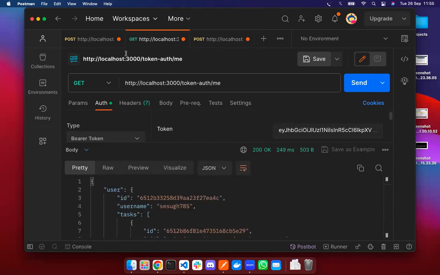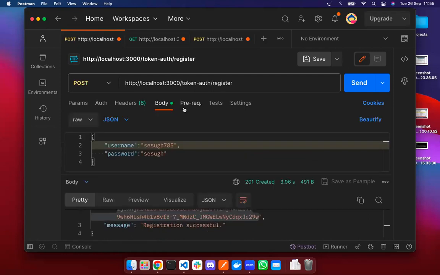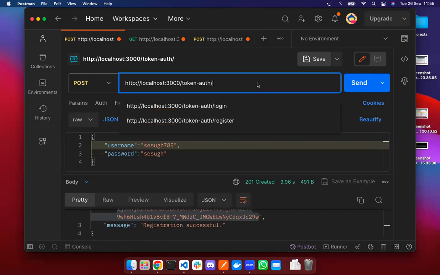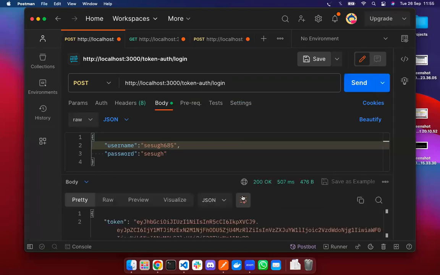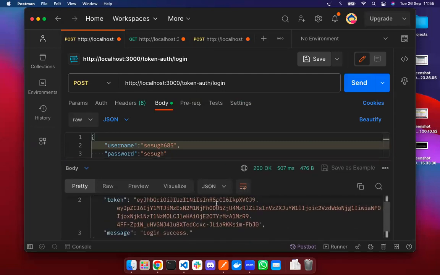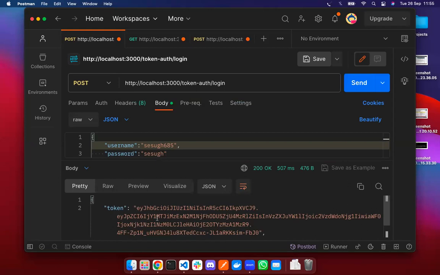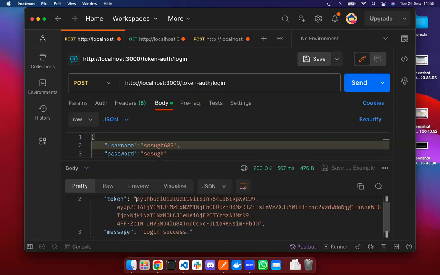Okay, so now let's log in with a different user. I think we should just change this to 6, since we have 6 in our database, and then just log in. And then we have something like login success or so. The message is login success actually. And we're going to be changing that in a minute. We'll practice how to